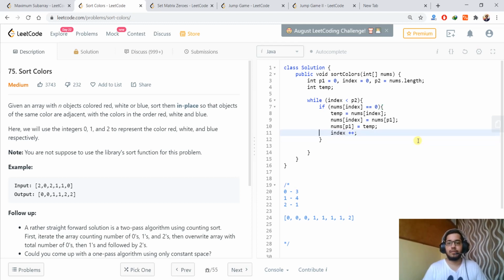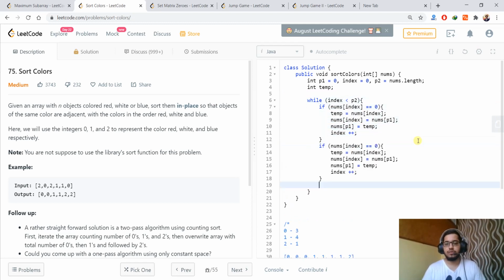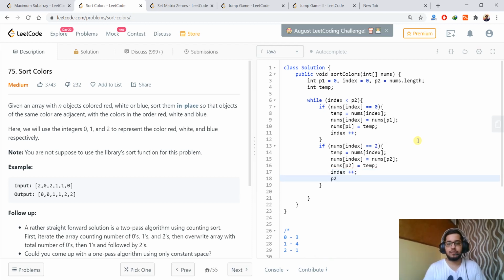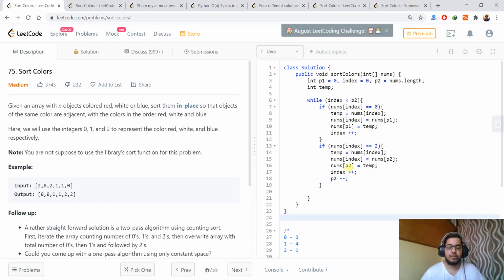And if we have the other case, that is this value is equal to 2, in this case we will swap it with p2, and p2 will also be minus minus, that is 1 less than the previous value.